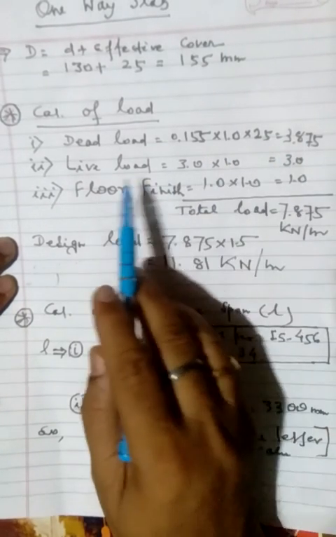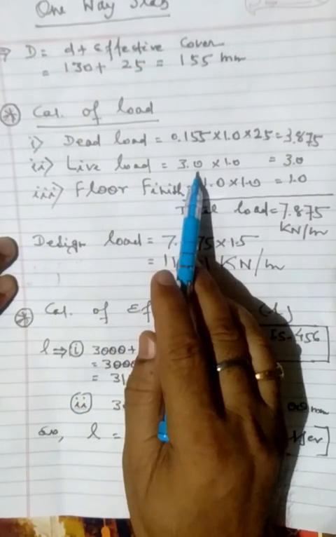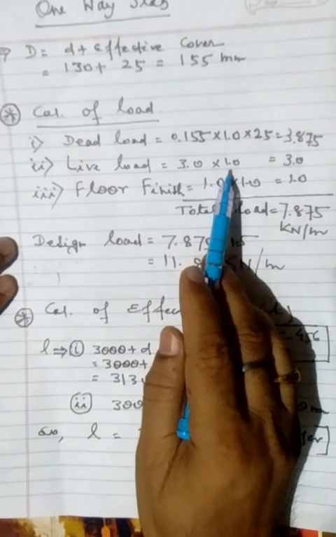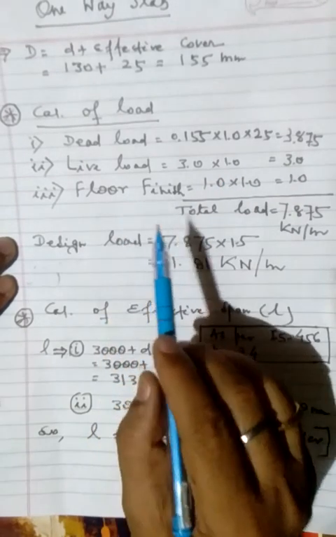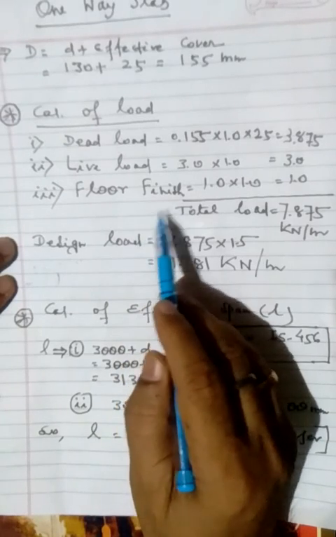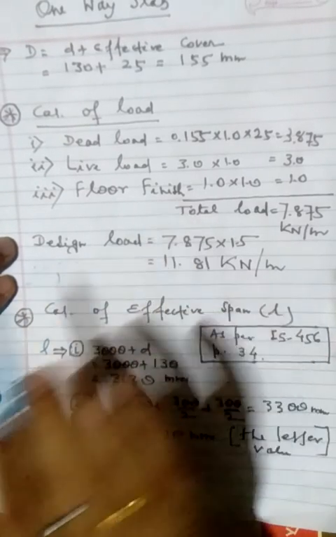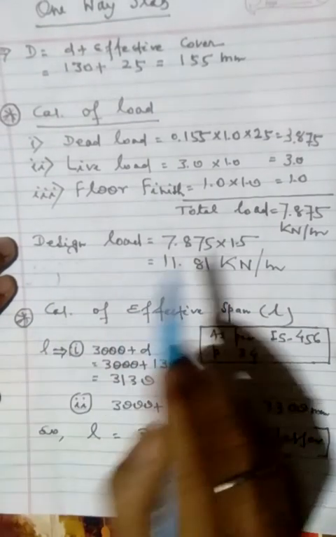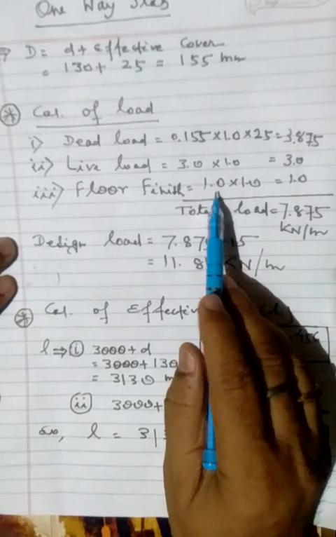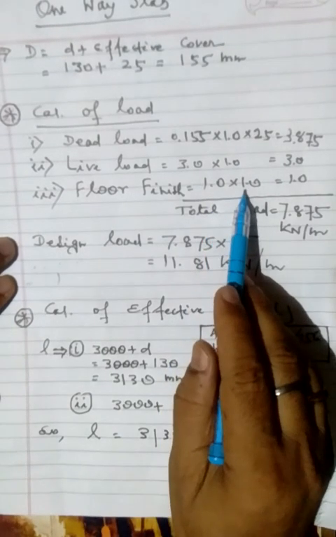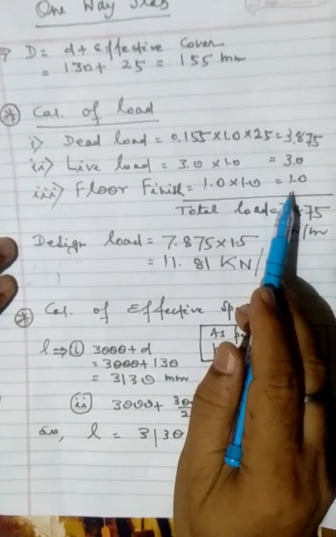Now the question has given the live load 3 kilonewton per square meter multiplied the width of the slab 1 meter, that is 3 kilonewton per meter. And in addition to this, we take extra floor finish load, that is the load of the tiles or the finishes on the slab surface, and this is generally taken 1 kilonewton per square meter multiplied with the width of the slab 1 meter, it is 1. So total actual load on slab comes